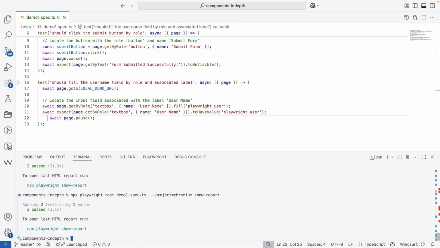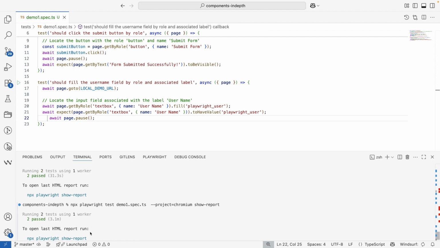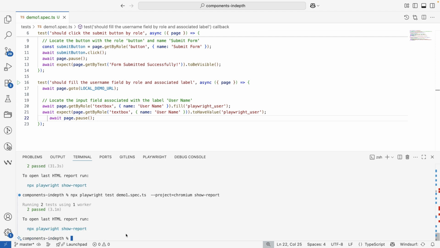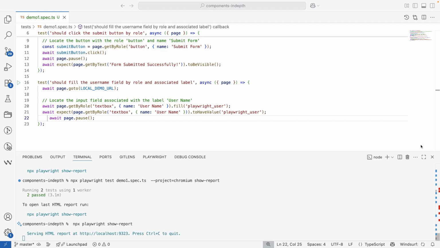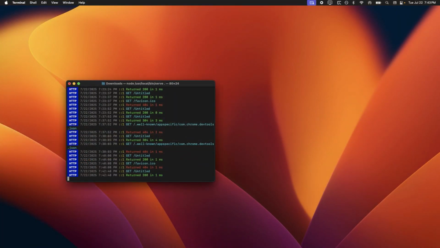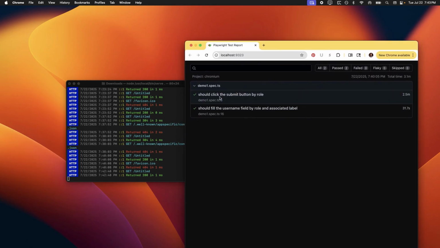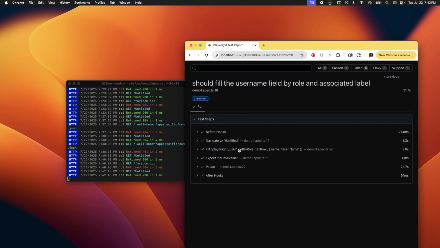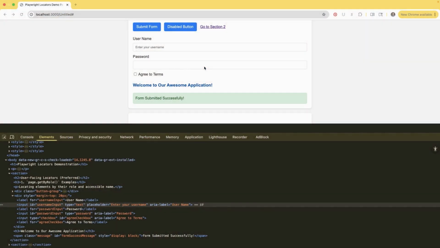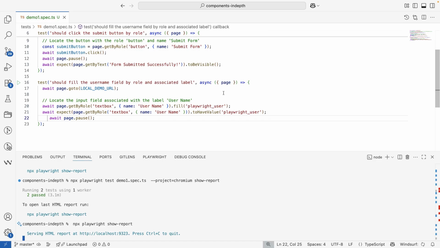we can actually run this command to see the report. And we can see that our Playwright report shows that our click worked fine, and filling the username and expecting to have that value passed. So all our tests ran fine. So that's demo 1, and when we go to the next, we can go to demo 2, where